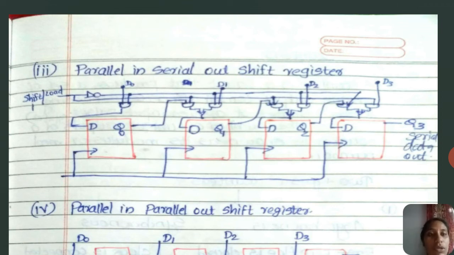For the first case, doing the shift operation, you should have the value of Q0 as input, as well as the shift value should be enabled. This is why we are drawing a line of shift and load. Shift is always 1, load will be 0. For enabling the operation of shift, the input value of that particular line should be 1. So shift indicates 1, load indicates 0. So if the value of shift is 1 as well as Q0 is present, these two conditions should be satisfied. That is why we are using an AND gate there.